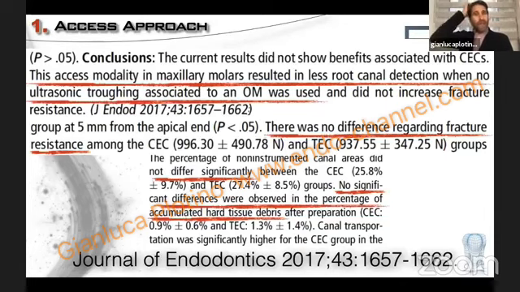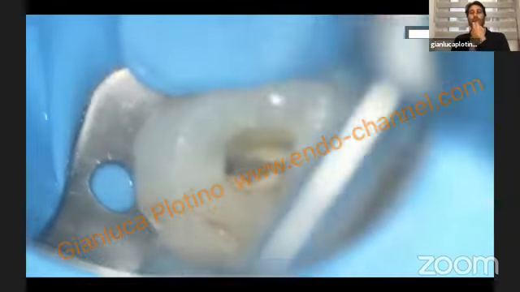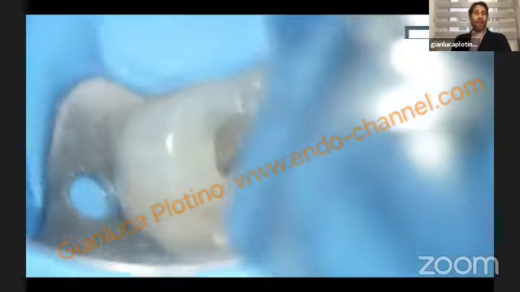So in the case we want to be minimally invasive, we need to be sure that we are going to find any root canal. We have not to miss any root canal anatomy to be minimally invasive. And microscope and ultrasonics are the perfect marriage to find this balance. And in this video, it's clear why this is evident.